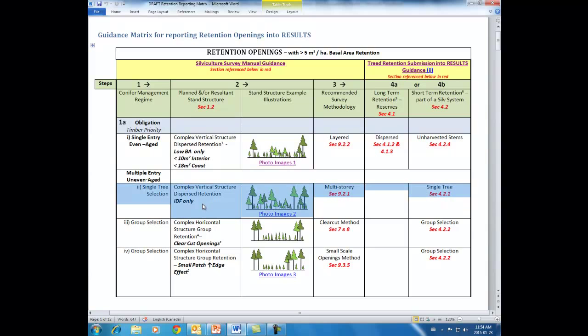so the main criteria here is if you're going to be using this system, IDF is really recommended as the only application of this. IDF subzone. That's the best application for this type of system of single tree multiple entry. And so there's the visual image and multi-story stocking or survey methodology